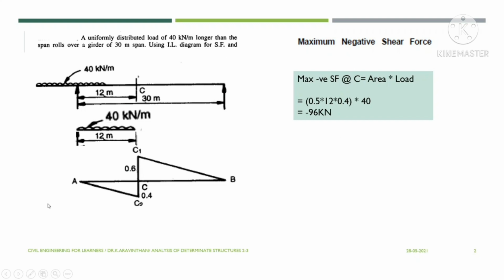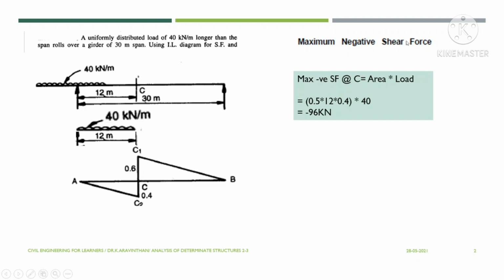In order to find that, we know the influence line for a simply supported beam as shown in this pattern. This is the negative part and this is the positive part. To find the height, you know the distance from the support to C is 12 meters. Taking this as x and this as L, x by L will be 12 by 30, which is 0.4, and 1 minus x by L will be 0.6. Now we have identified the two ordinates: this is the negative ordinate and this is the positive ordinate.